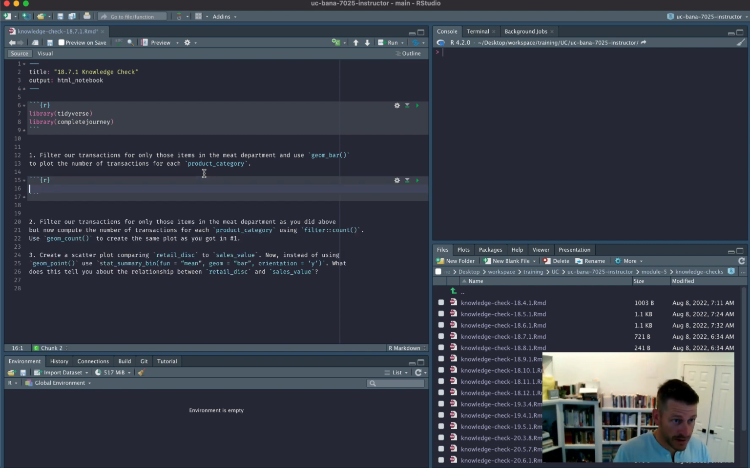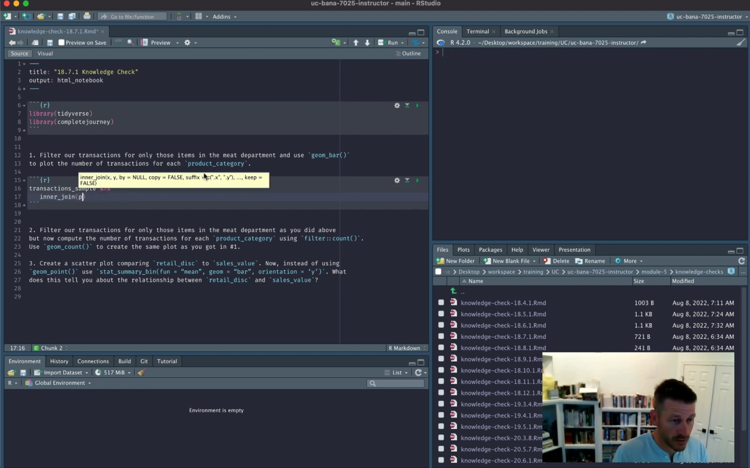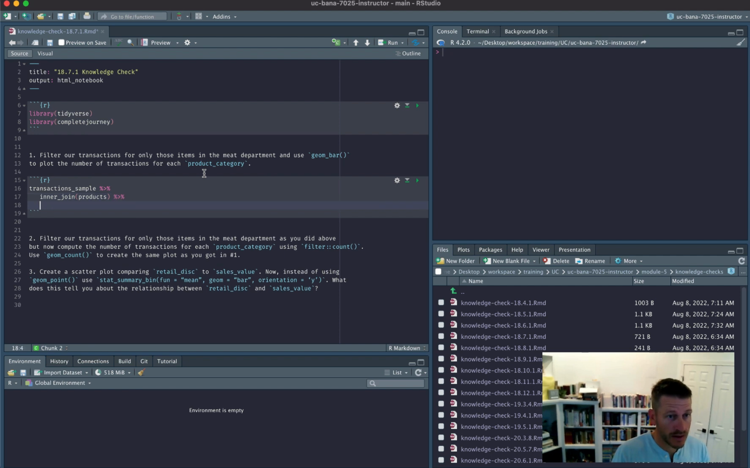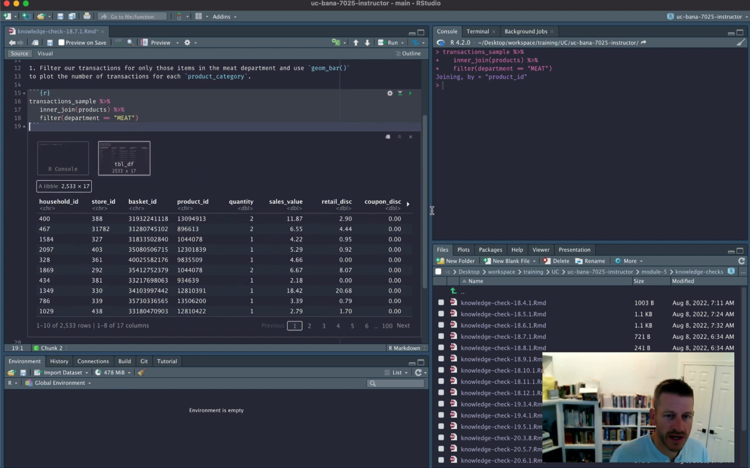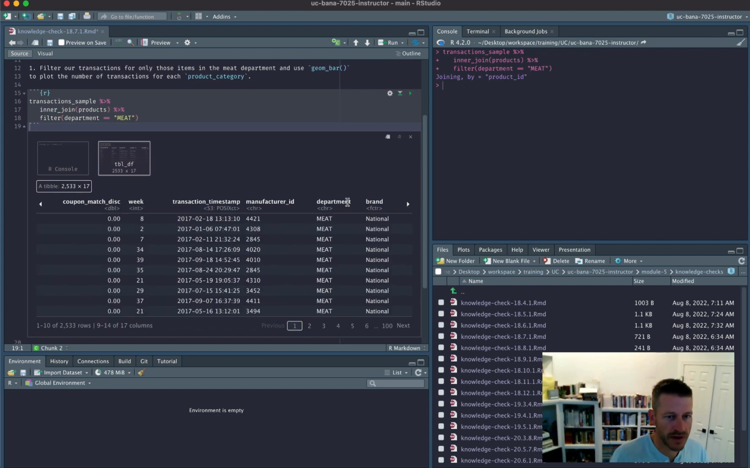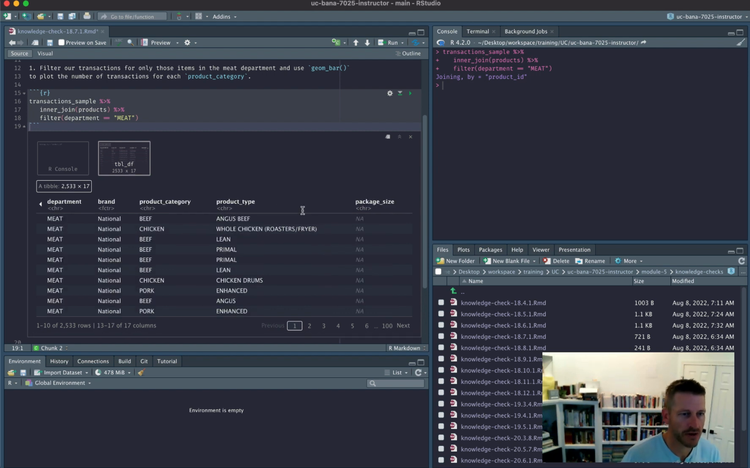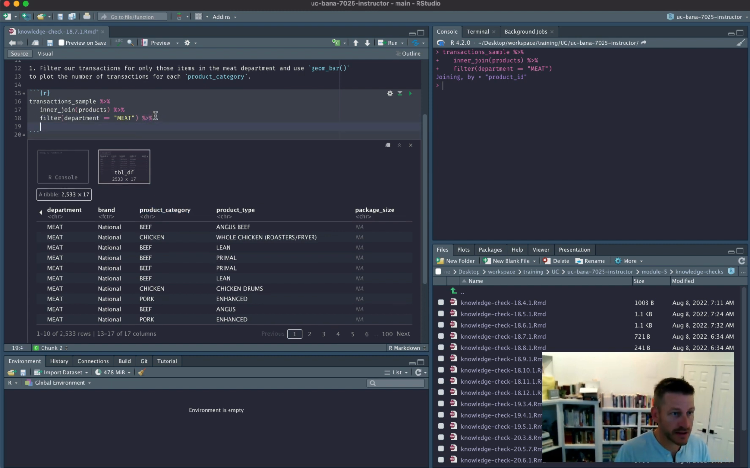Okay, so let's take our transactions data, and we need to go ahead and do an inner join with products, and we want to filter for those transactions that are in the meat department. All right, we have all our transactions of interest. We can verify meat department, and then it talks about the product category. So what it wants us to do is a bar chart where it shows the number of transactions based on the product category. So we can go ahead and pipe this right into ggplot, and then